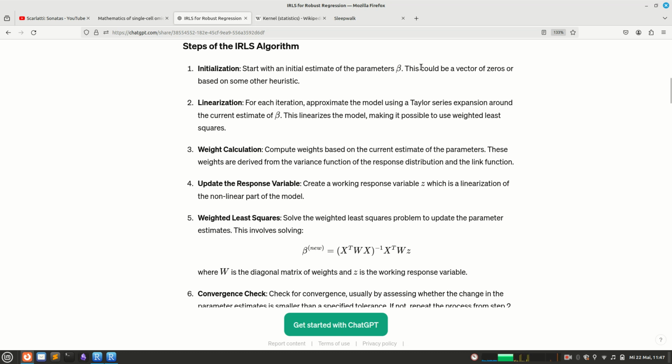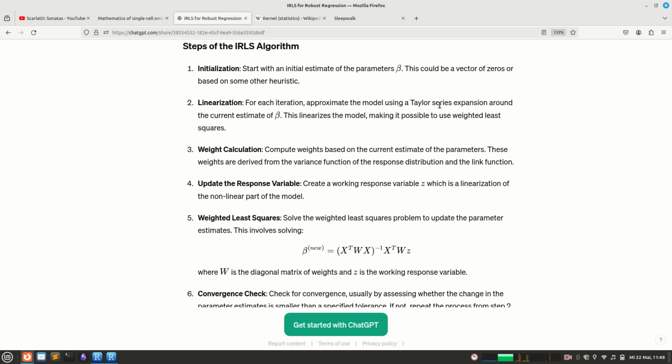We start with some random initial estimate, and what you then do is you make a Taylor expansion of the likelihood. If you do the Taylor expansion of the likelihood, that's what it hasn't explained here, you will notice that actually you don't need the real likelihood function. You only need to know the Taylor expansion, which tells you how the mean looks, which we have anyway, and how the second derivative looks, which is the